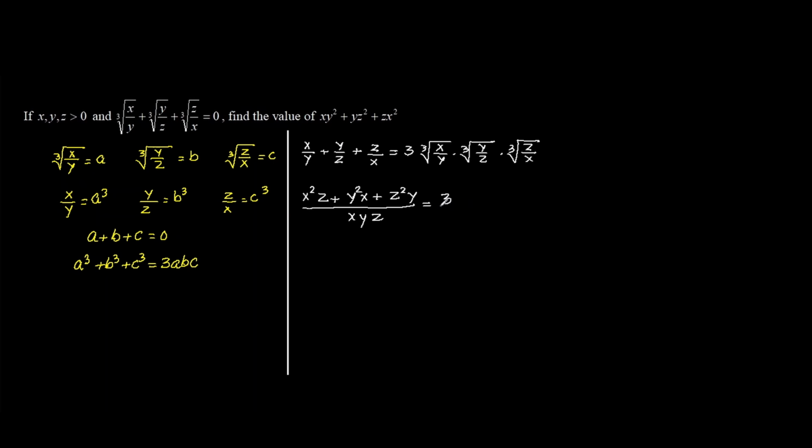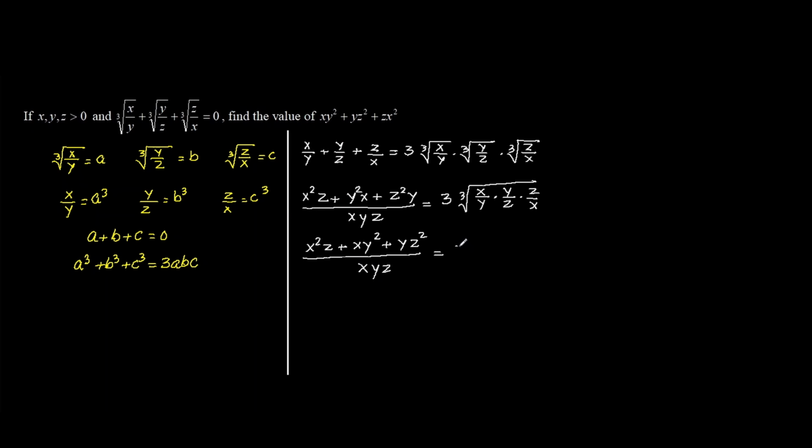Now, whenever we have the same radicals, we can multiply the functions inside. So we have x over y times y over z times z over x. So now we have x square z plus xy square plus yz square over xyz,